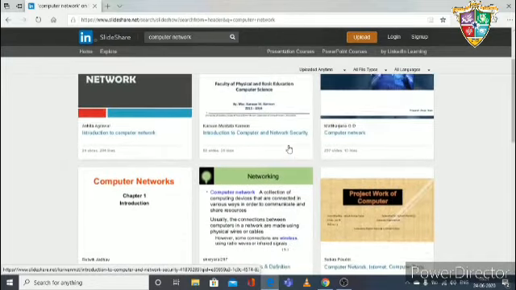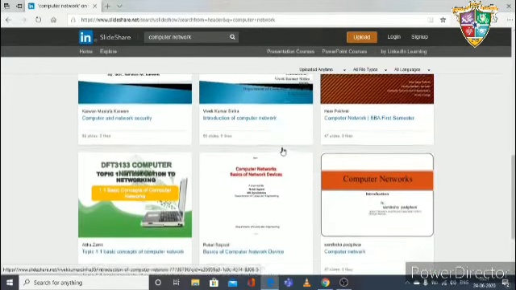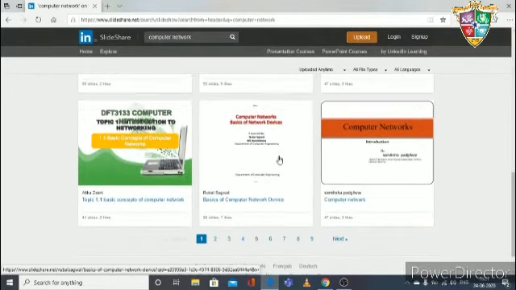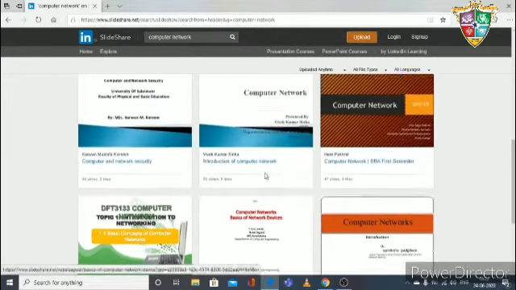See, there are so many PPTs on computer networks, and see in the last there are the numbers 1 2 3 4 5 6 7 8 9 and next. That means there are many more in it.